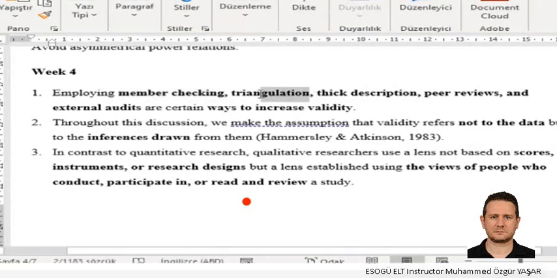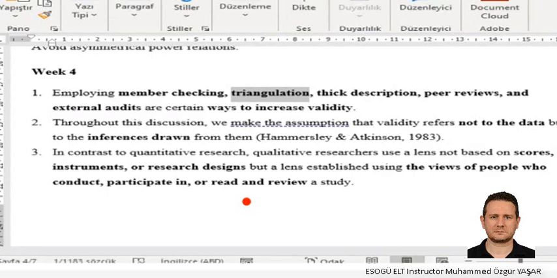What does triangulation mean? For example, we have method triangulation, participant triangulation, methodology triangulation, and research triangulation. It means to strengthen, to empower your data, your analysis, by cross-checking, by putting extra effort into your data.